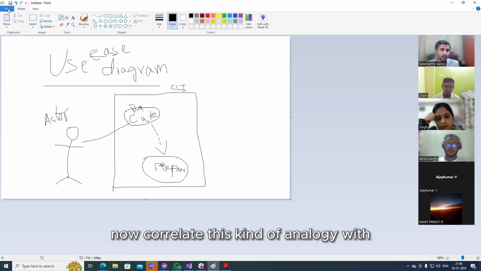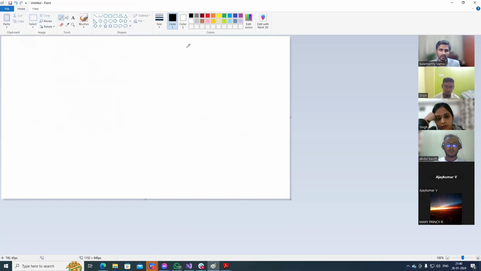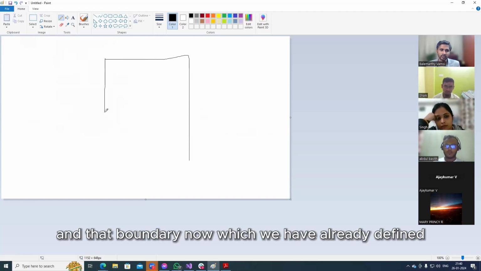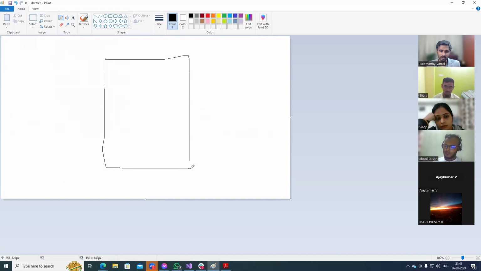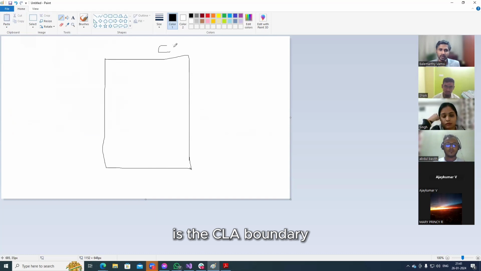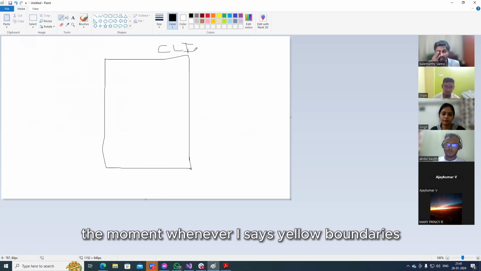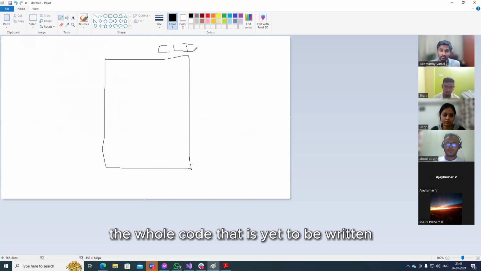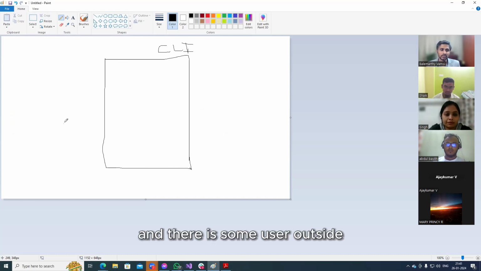Now correlate this kind of analogy with our CLI. There is a boundary, which we have already defined, which is the CLI boundary. Whenever I say CLI boundary, it is the whole code that is yet to be written. And there is some user outside.